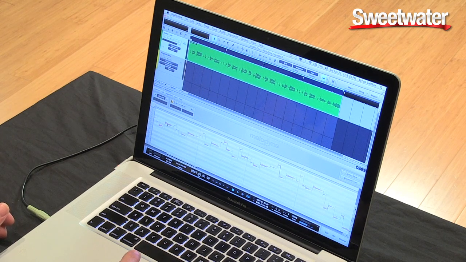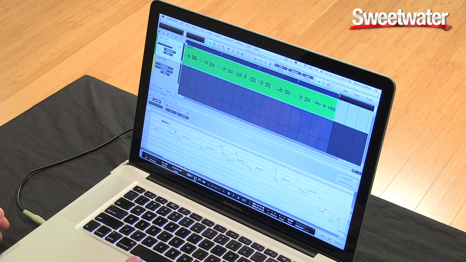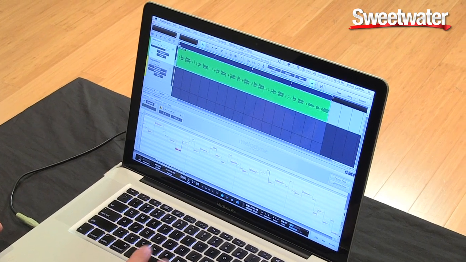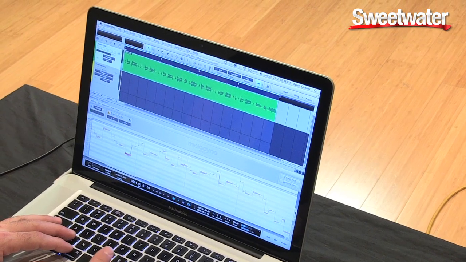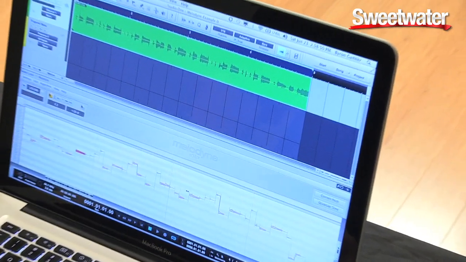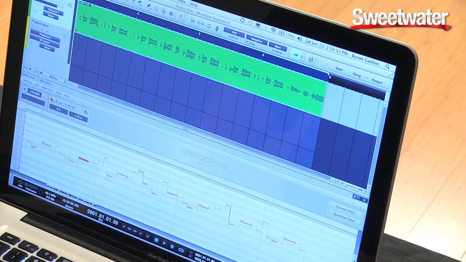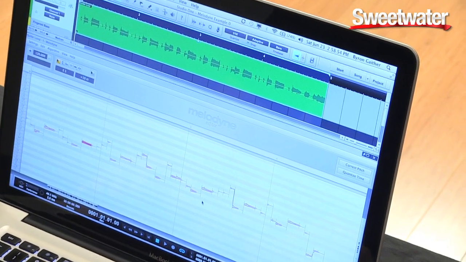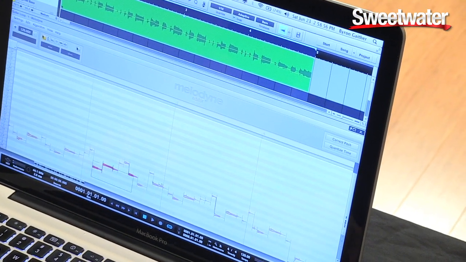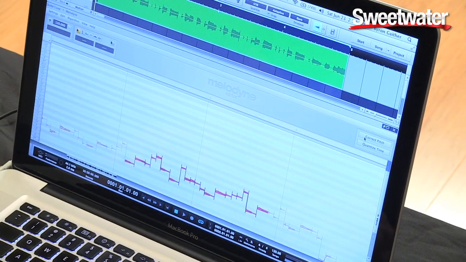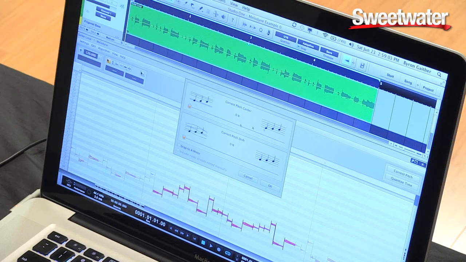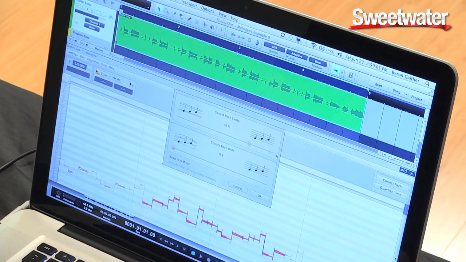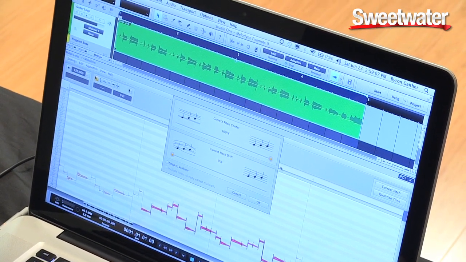I can go in here, I can move notes around. Very easy, very fast. If I wanted to affect a block of notes, I'm going to bring this up here so we can scroll it down a little bit. I can grab a block of notes and open up the correct pitch window here, which is here in the middle. And now I can determine by percentage how much pitch correction I want to do,